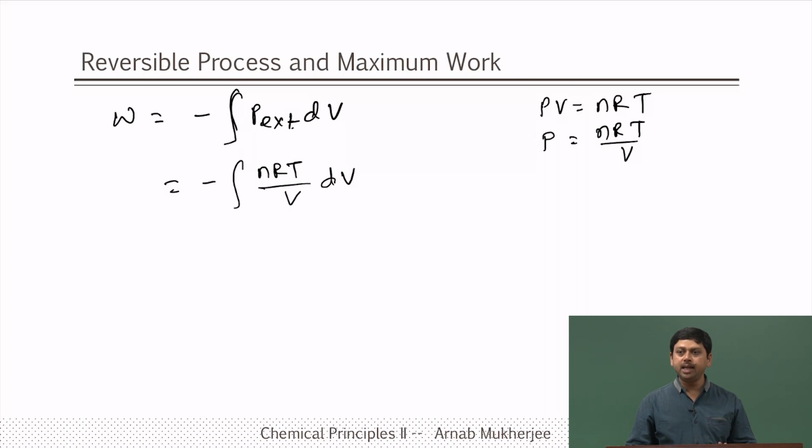A reservoir is like a sea, in which if you put some ice, let us say the sea's temperature is 20 degrees centigrade, you put ice of 1 kg, what will be the temperature? 20 degrees centigrade, because the amount of water that is there is very difficult to change the temperature of. And if you put some boiling water, 1 kg, what will be the temperature? 20 degrees. So, that is called a reservoir. A reservoir is so big and at a particular temperature that it can supply energy and take out energy